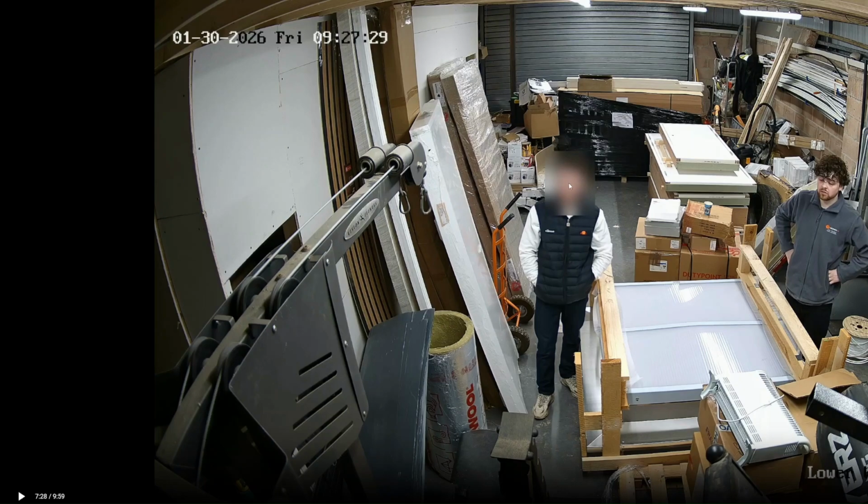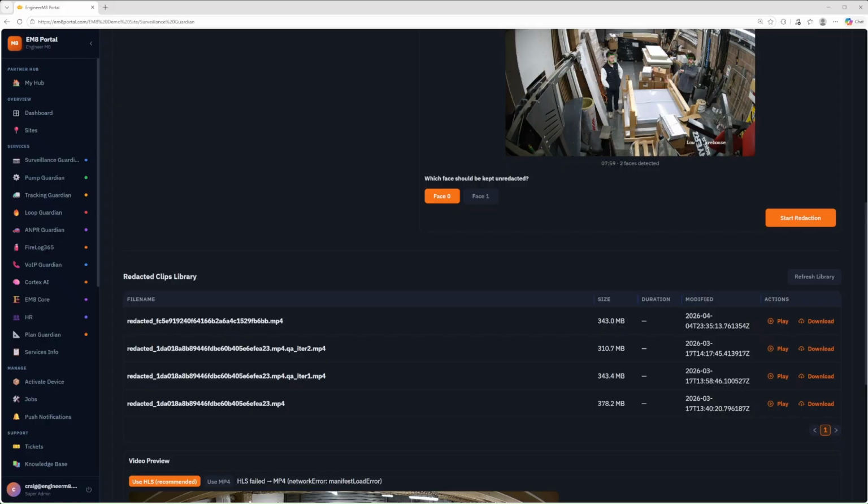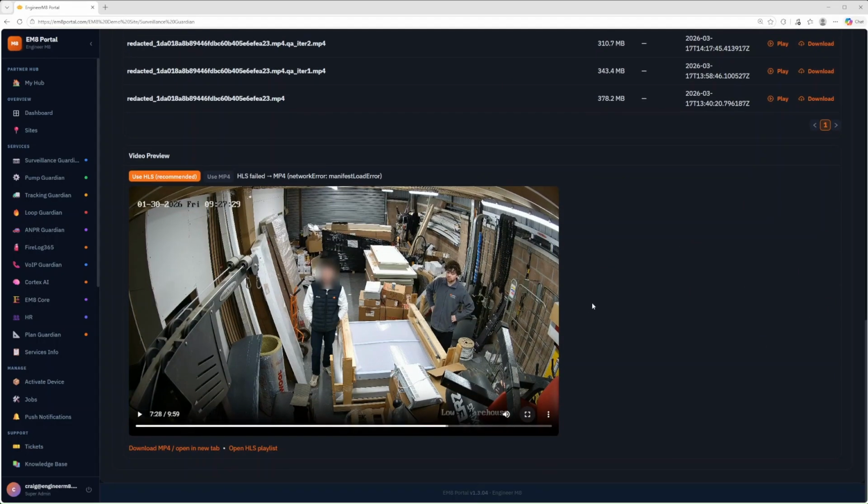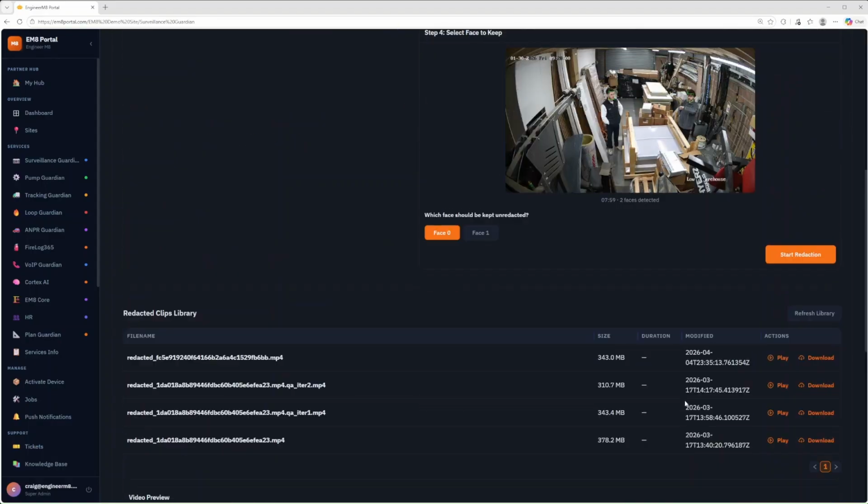This is version 1.3, I think, when we did this. It looks slightly different, is more blur, maybe more pixelated as well. But this is done automatically. This is just a free feature that we offer inside the portal. And then same principle, then that footage can be